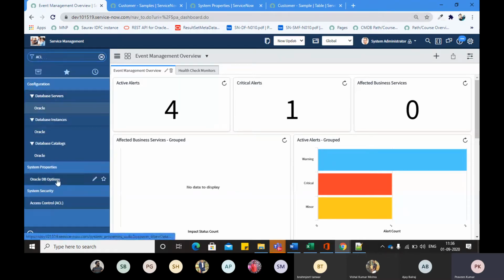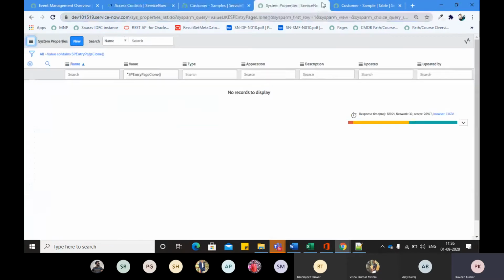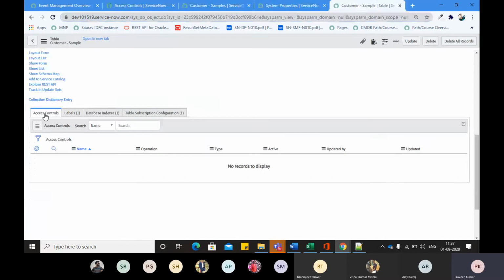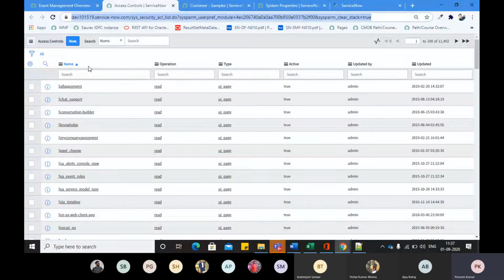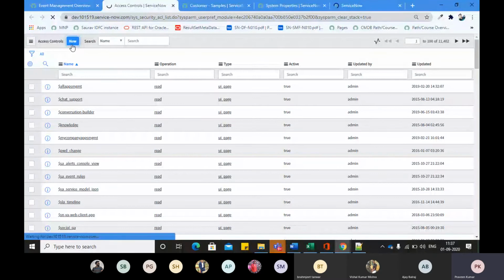I have taken that role. Now I am coming over to the access control. I will open it, and similarly I can create the same thing from here. Once I refresh it, you will be able to see the new button here. So from this module or from here, you can create an ACL. From these two places, you can create the ACL. Now, for example, I will create a new ACL.